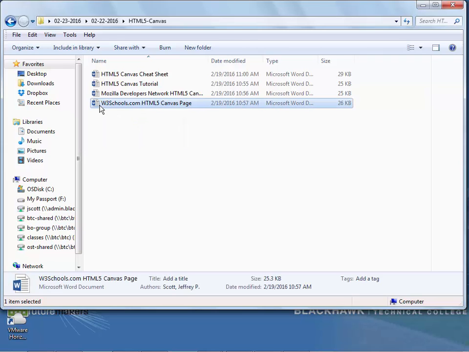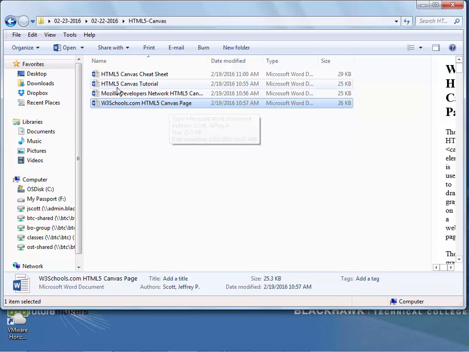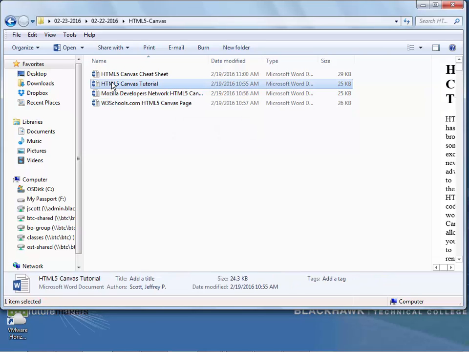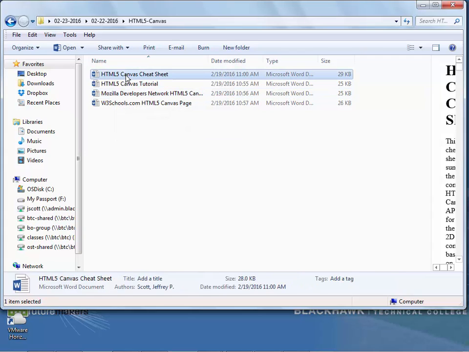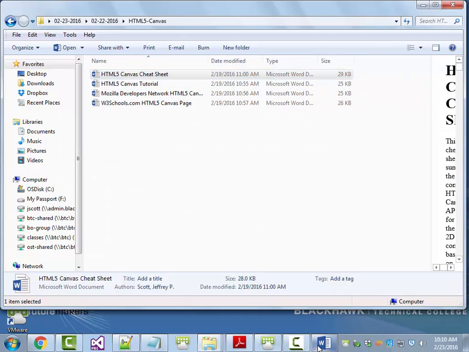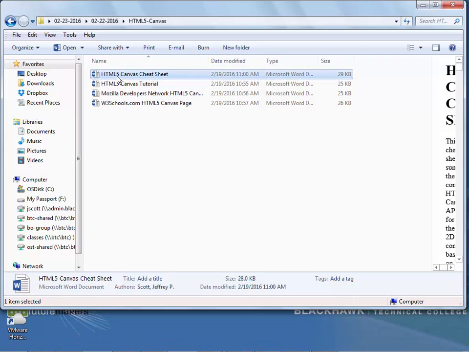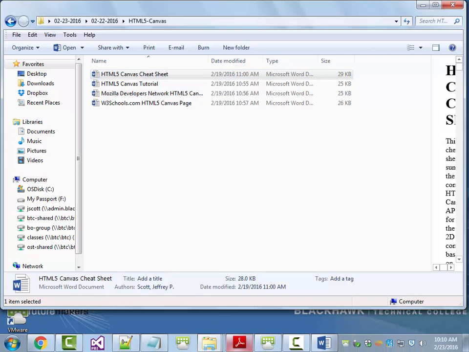All right, here's the W3 Schools HTML5 Canvas page. Here's the W3 Schools HTML5 Canvas tutorial. Here's the Mozilla Developer Network, or the MDN Canvas tutorial. Probably the best one is the top one here, the Canvas cheat sheet. It didn't come out as nice as it actually prints when you look at it on screen. It doesn't want to come up right now either, but just to show it to you,